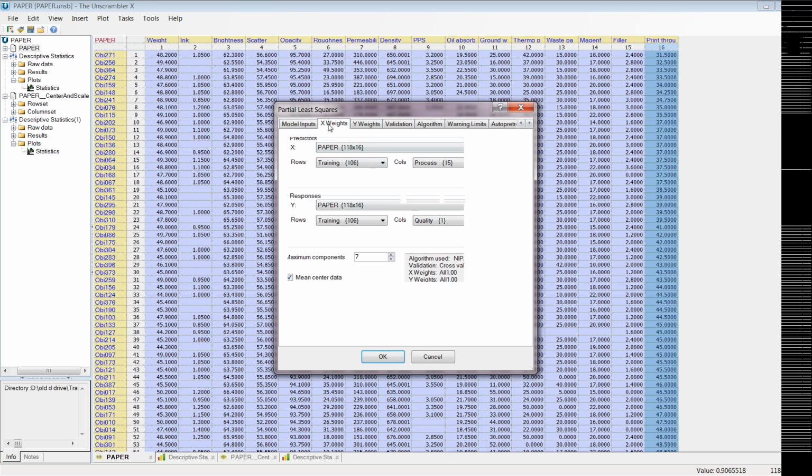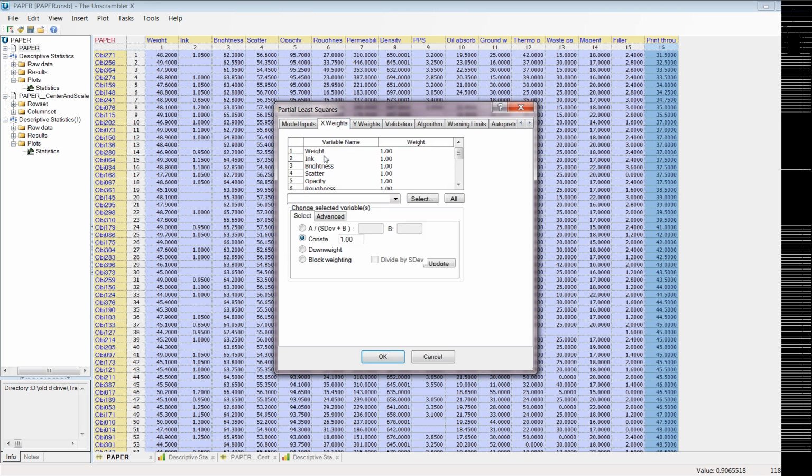We need to go to this X Weights. Now this is where you can apply some weighting. We have lots of different types of weighting that you can do. The general one that I'm going to do here is this mean divided by the standard deviation. And you need to go up here, click All, and then make sure to hit Update. And you'll see that under here, under the weight, it shows that each individual